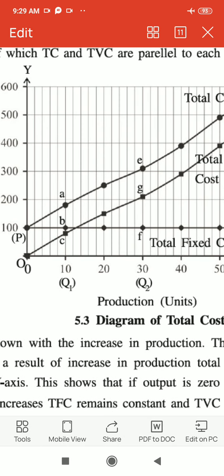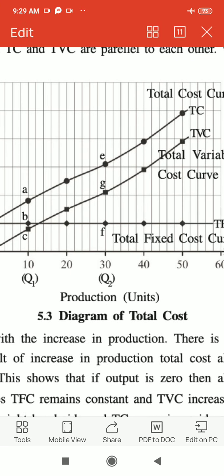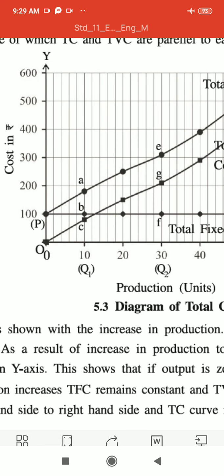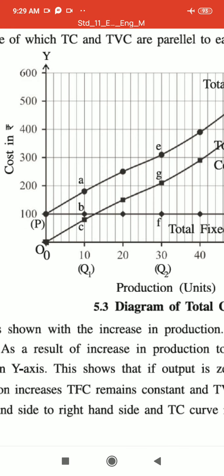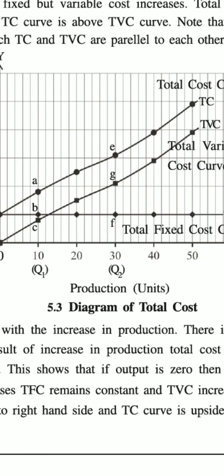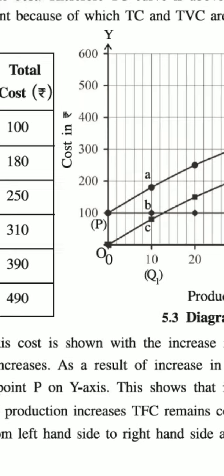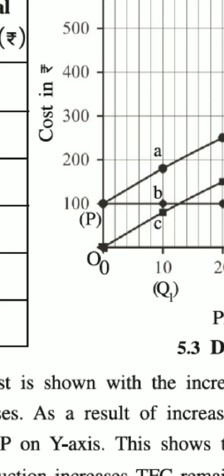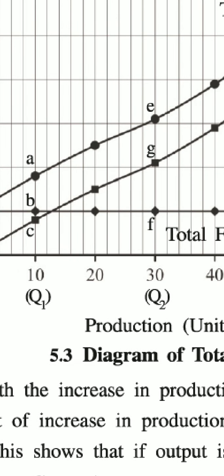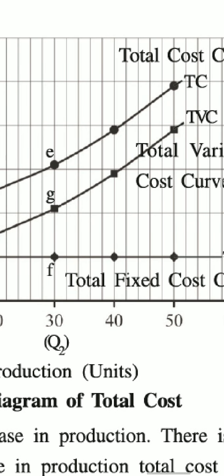So the curve which is below the line is the total variable cost, and the points over here, that is O, C, G, show the different points that are plotted. Above that you can see the total cost figures that start from 100. So the curve for the total cost will start from the point 100, whereas for the variable cost it starts from the point 0. So you can see A over there, E over there, which shows the total cost curve.